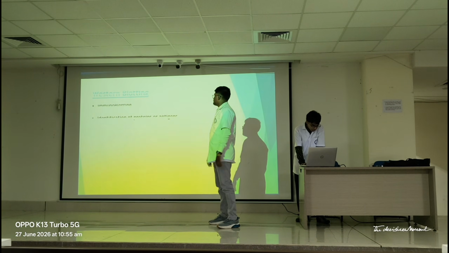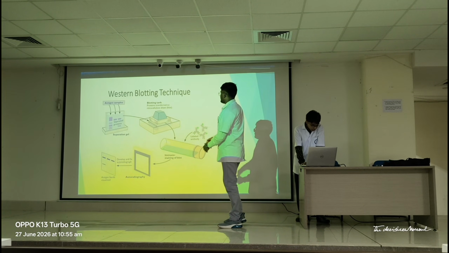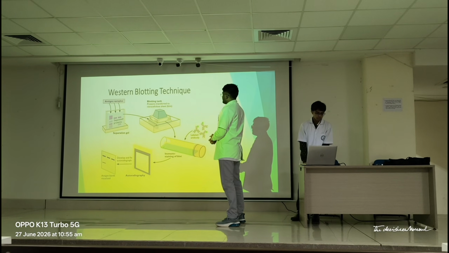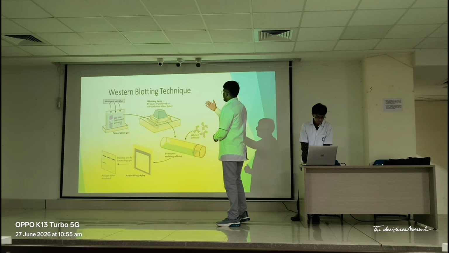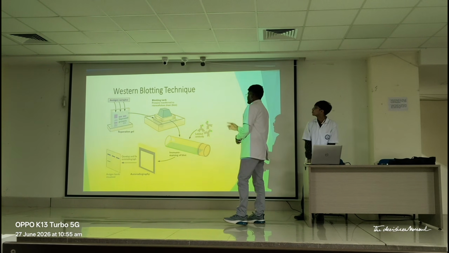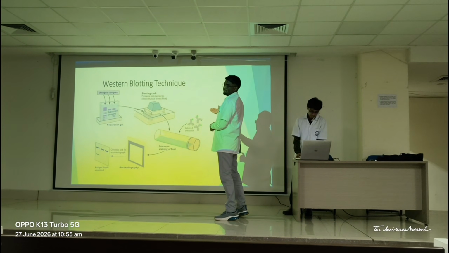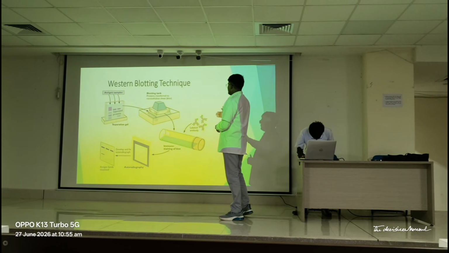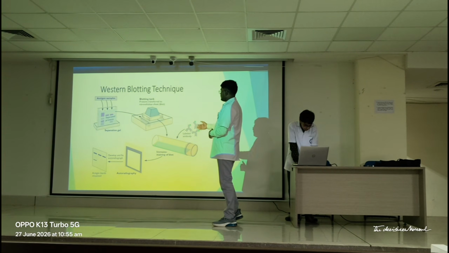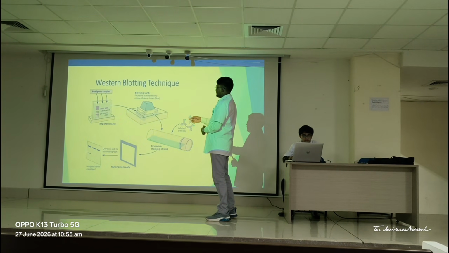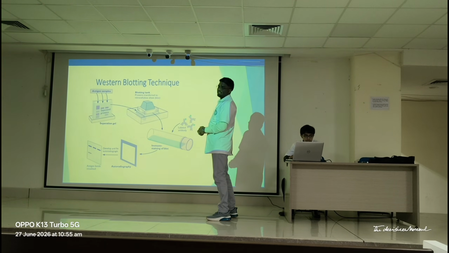So this is the technique. We are giving the antigen samples at the blotting stage. There is a nitrocellulose sheet, and to complement that we are giving labeled antibodies. This could be radiographic or fluorescent imaging. With the labeled antibodies, using the same technique, we run the autoradiography and visualize the antibody bands.